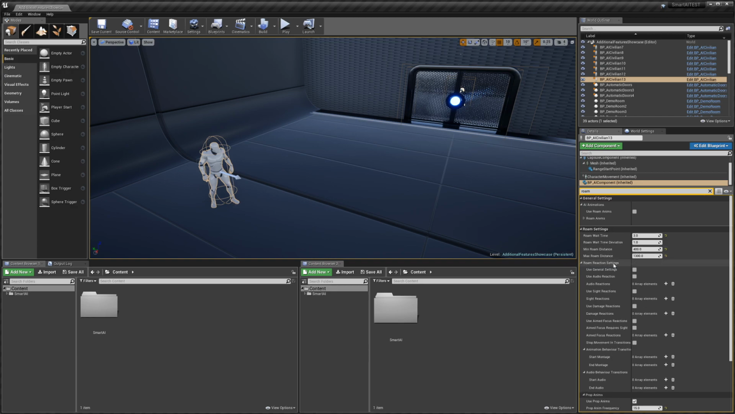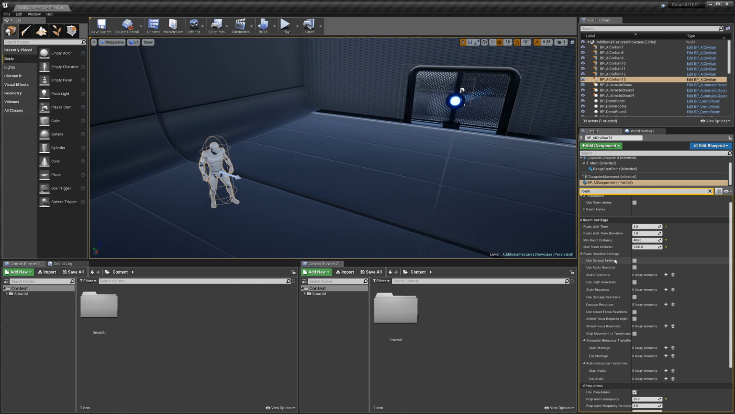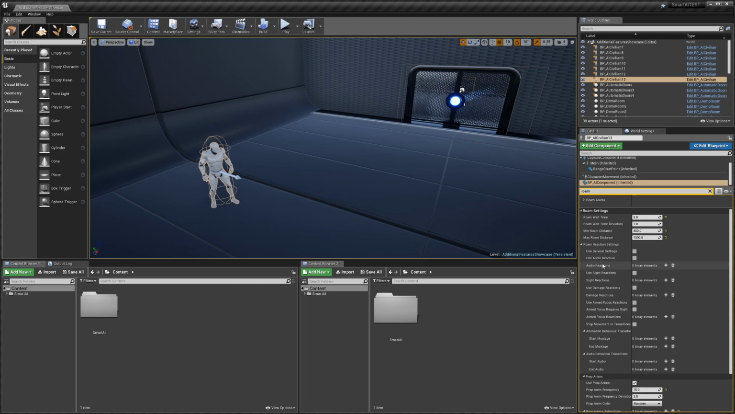Next we have the reaction settings. So again this is similar to the animations. By default it will just use the default reaction settings, but if within the roam reaction settings you have any of the reactions enabled, it will use the reactions you have set here. So for example we could set a site reaction, so we'd tick on use site reaction, we'd create a new site reaction, click the drop down, and again,